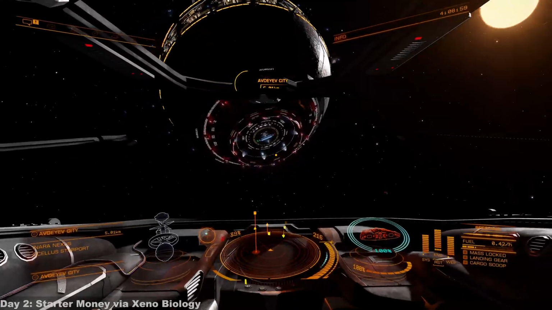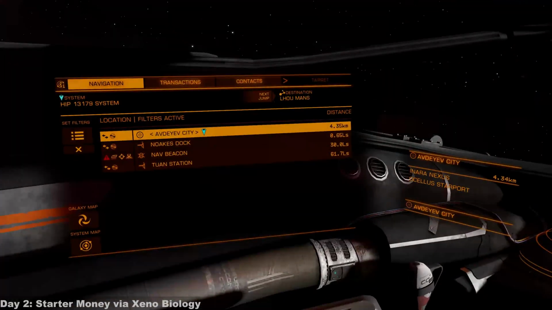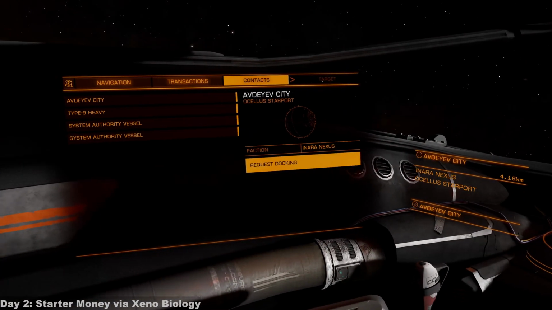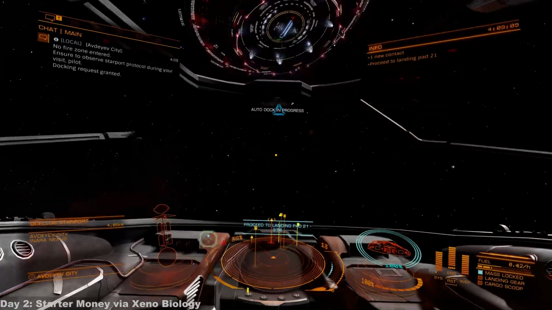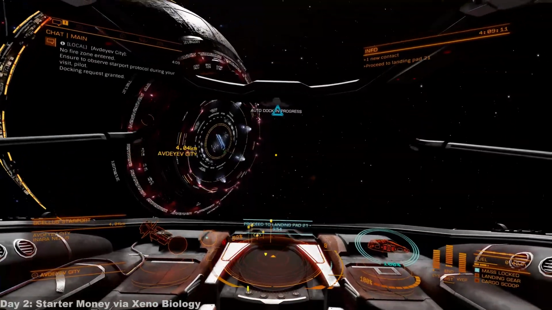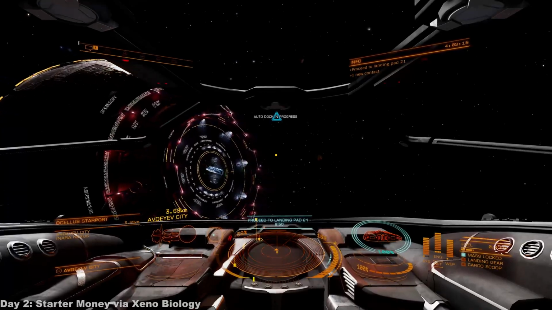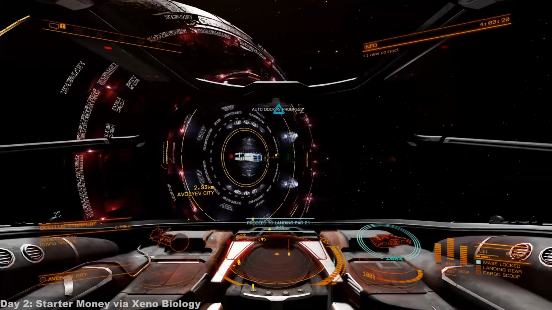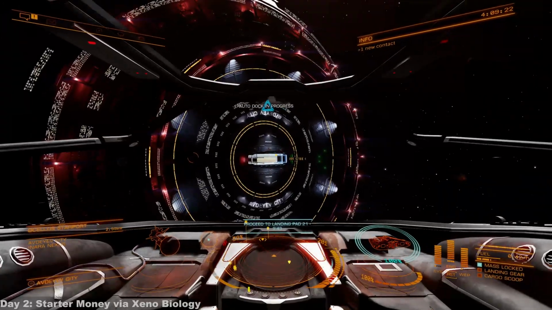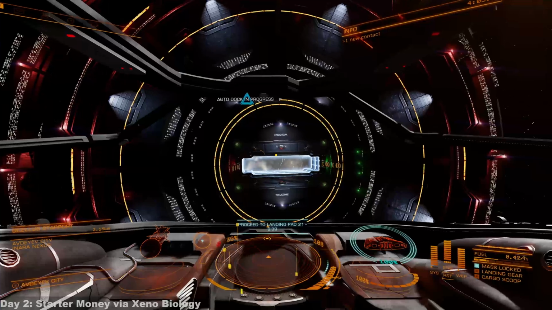Let's go and dock. Now, you want to get within about 7 kilometers. And then go to your left menu, go to Contacts, Request Docking. And then put your throttle on 0. By doing that, you're going to engage the automatic docking process. So the throttle has to be at 0 for it to self-dock. If you really wanted to, you could do a manual docking too, and you will get plenty of practice in the future doing manual dockings, but